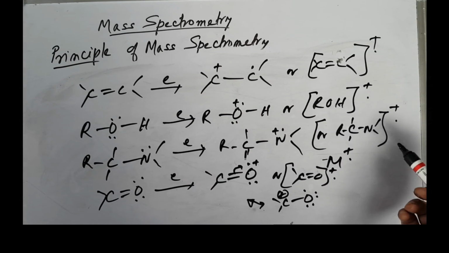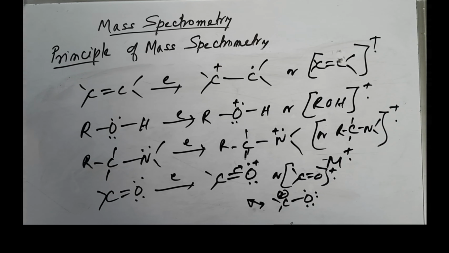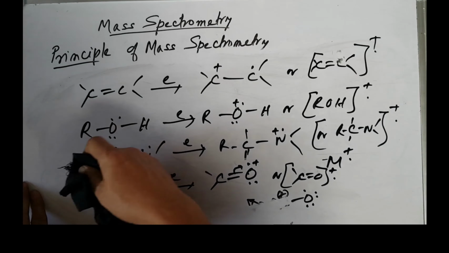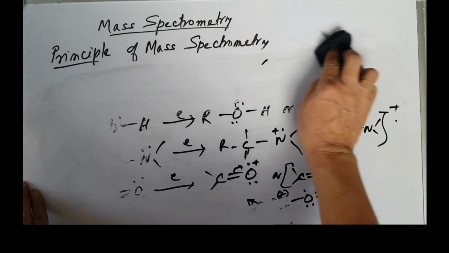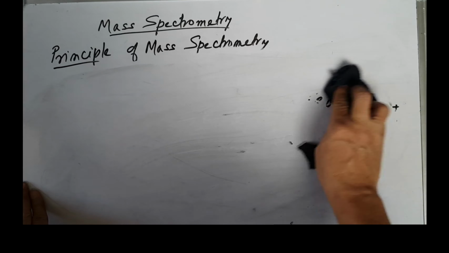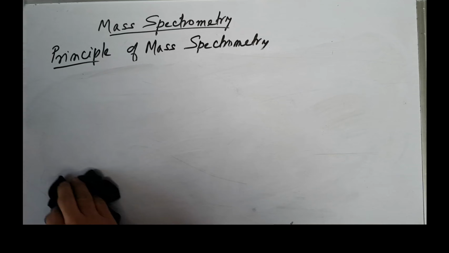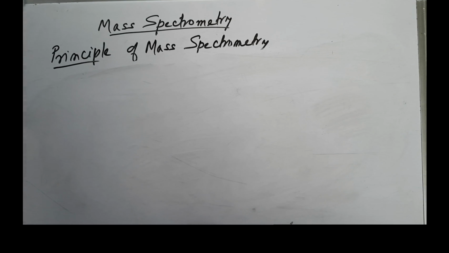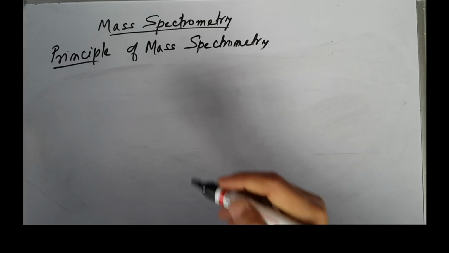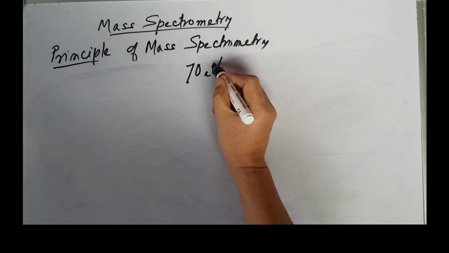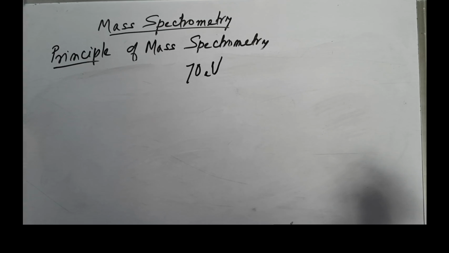These molecular ions can undergo further decomposition or fragmentation to give other ions. So in mass spectrometry, we study these fragment ions and the molecular ions by bombarding the sample species or natural molecules with high energy electrons. The high energy electrons used are mostly around 70 eV, so that they can decompose mostly organic compounds, or covalent bonds, which can be decomposed by this method.